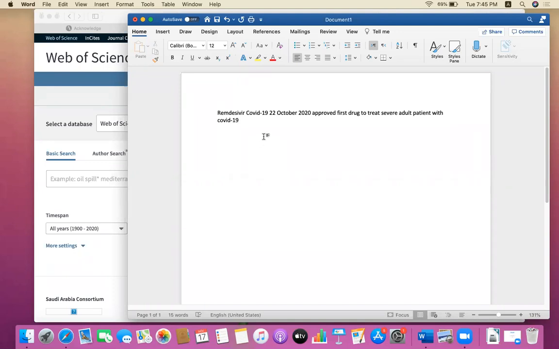I know that on 22 October, the US FDA approved this drug, and it was also approved before for emergency use authorization by the FDA. So I have to give the reference to this sentence.